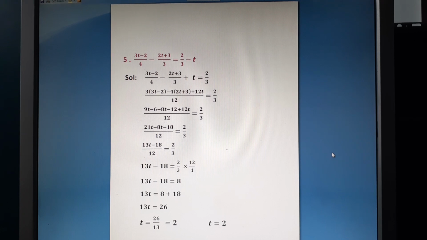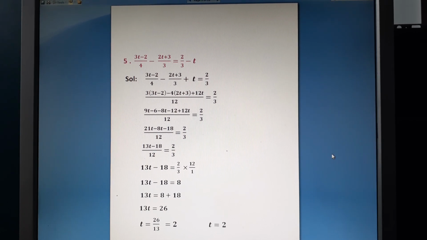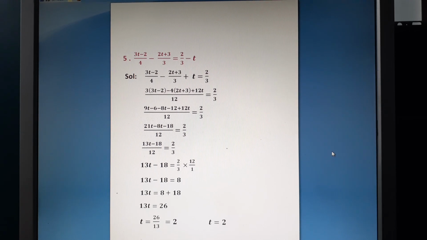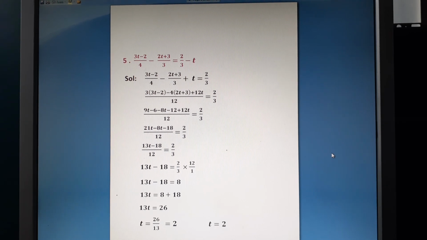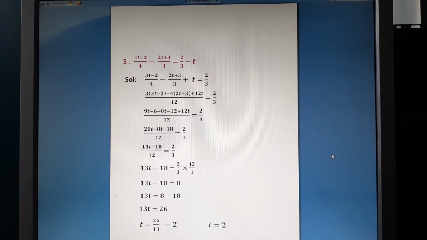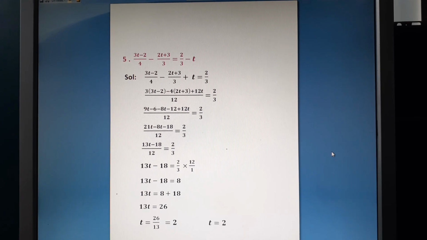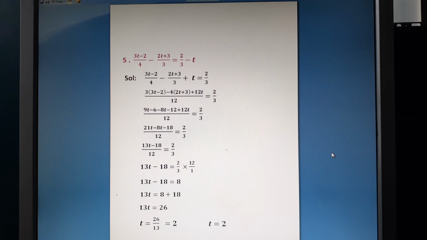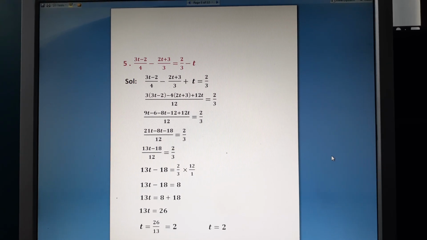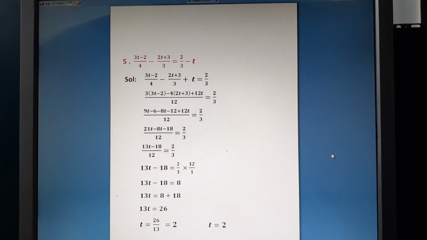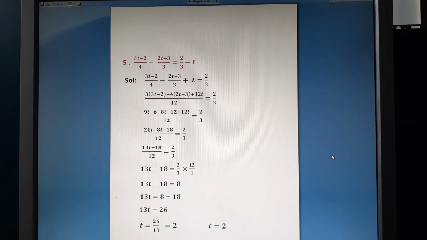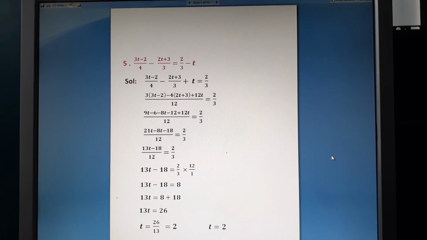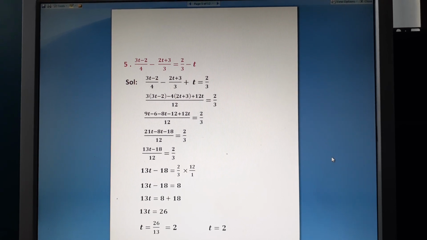9t plus 12t is equal to 21t minus 8t minus 12 minus 6 is minus 18 whole divided by 12 is equal to 2 divided by 3. 21t minus 8t is 13t minus 18 divided by 12 is equal to 2 divided by 3. Left hand side denominator comes to right hand side. It changes into 12 divided by 1. Now 13t minus 18 is equal to